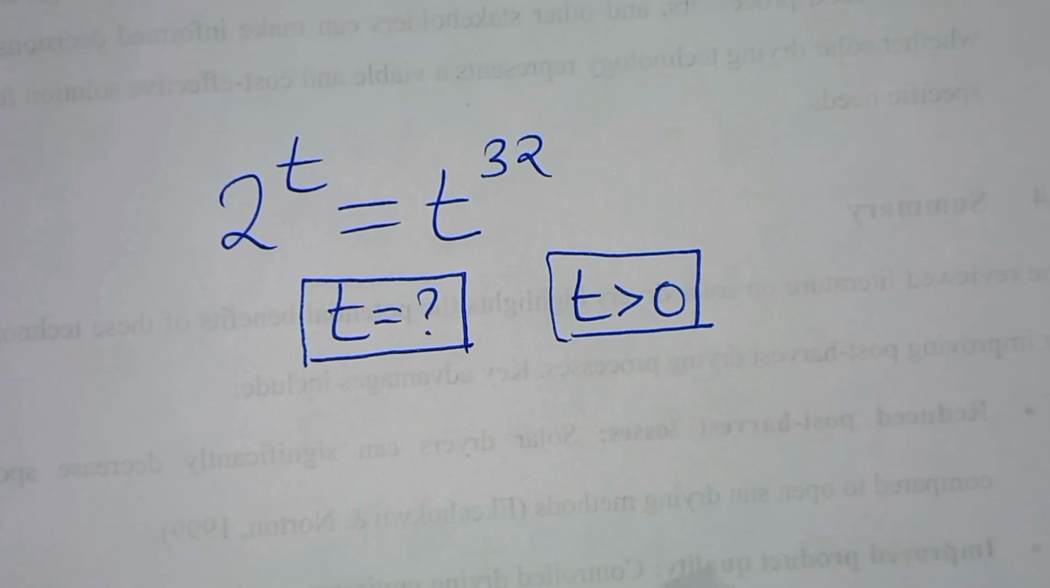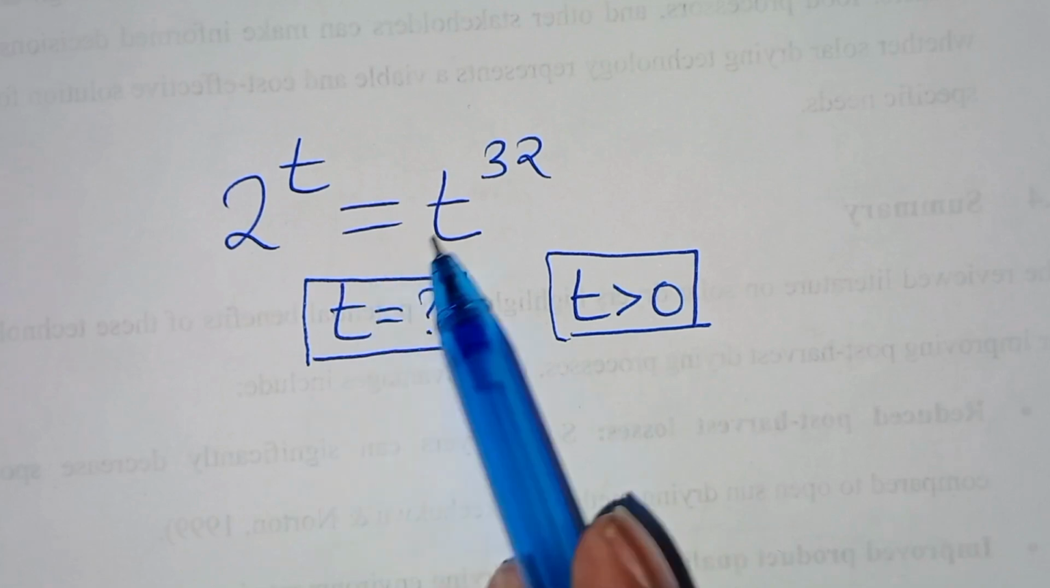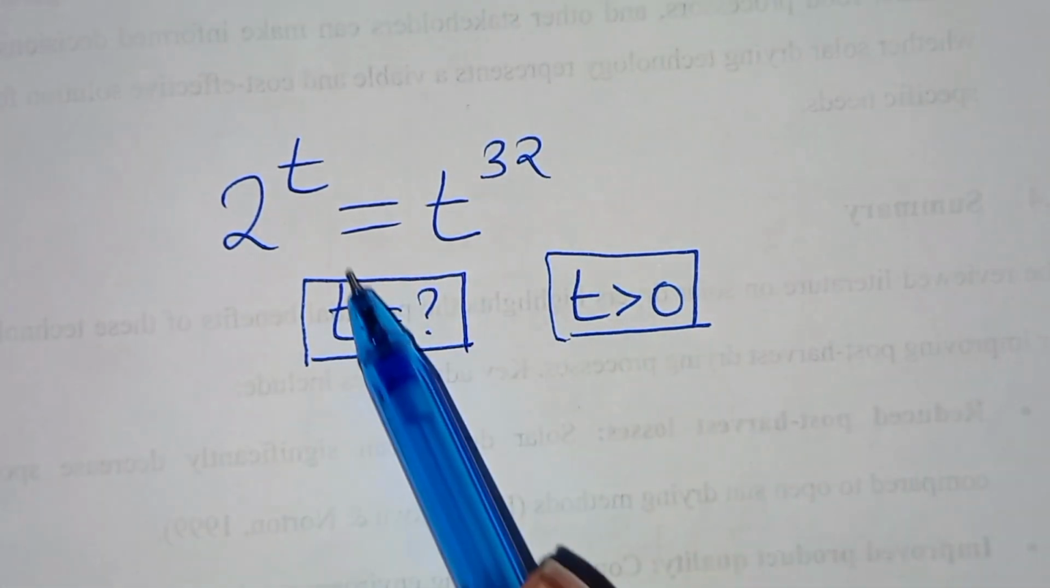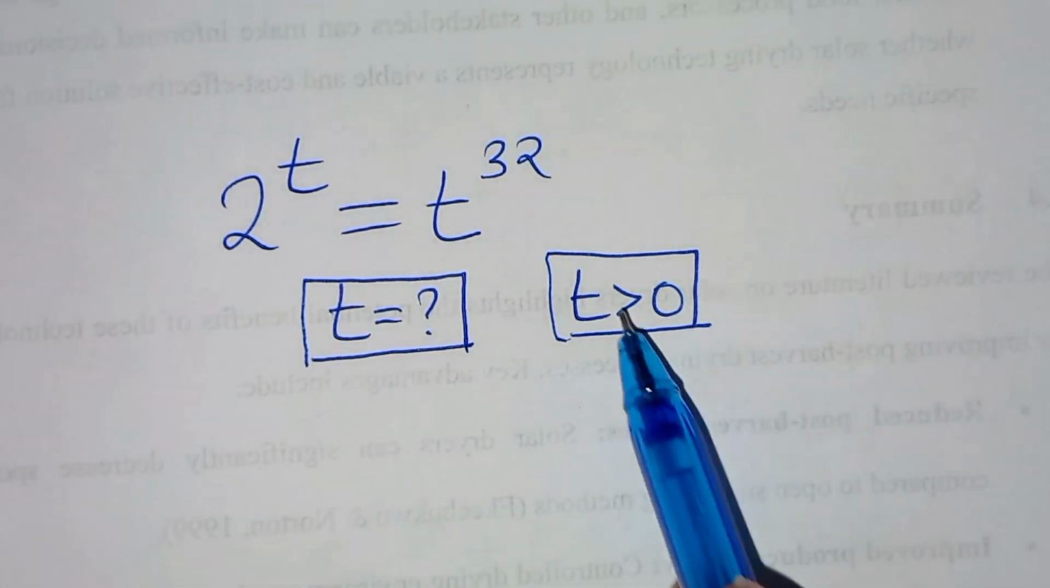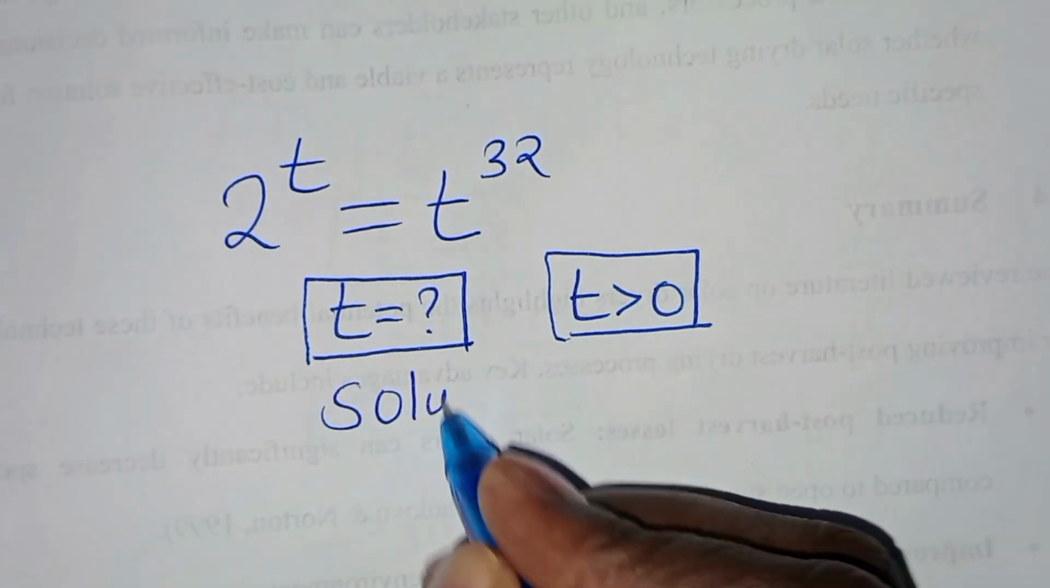You are welcome to solve this nice exponential equation, which is 2 to power t equal to t to power 32. So what is the value of t? And given that t is greater than 0. Solution from here,